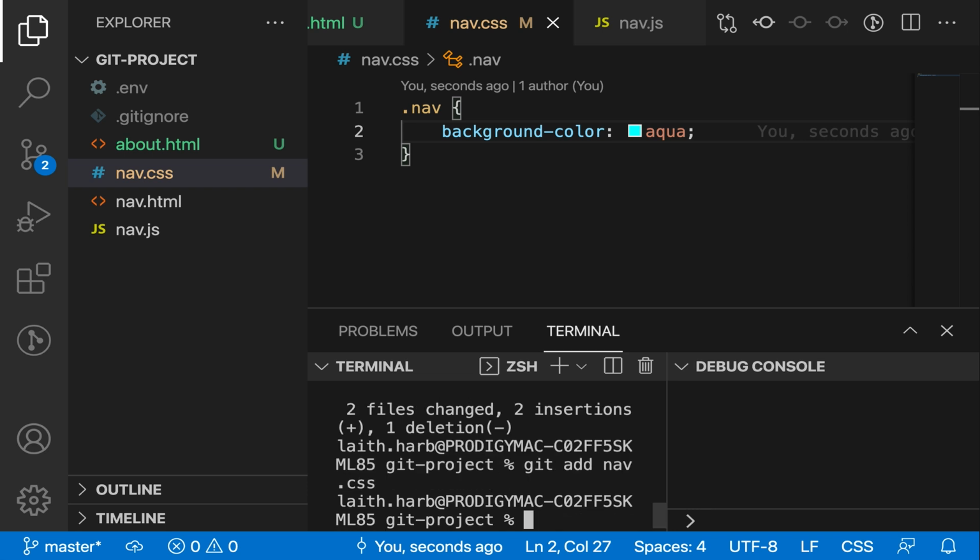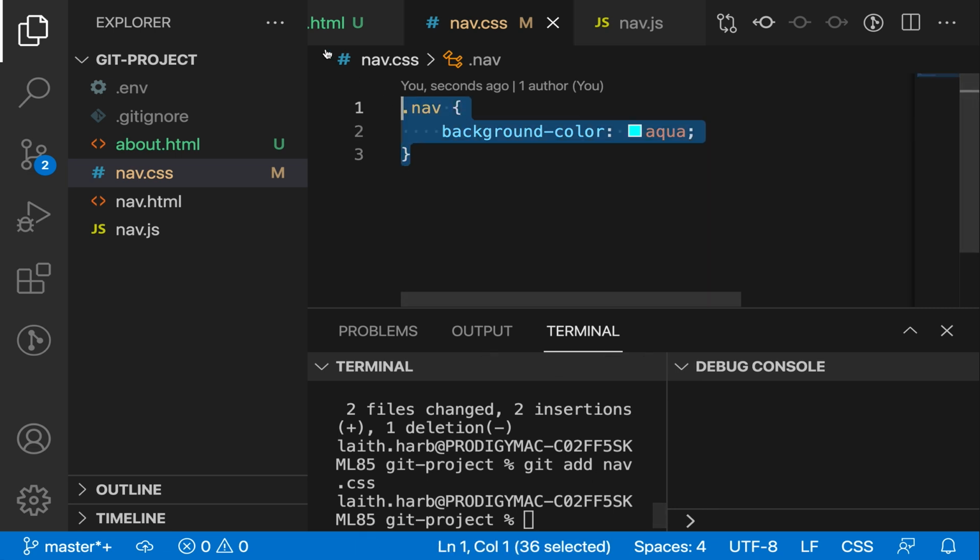So we would go ahead and add nav.css and we would commit that, and then we would commit about.html. Now also another thing I want to talk about in this section is naming commits. So it is actually a common convention and recommended by Git to always use present tense. And it seems a little bit counterintuitive because, okay, maybe if I wanted to commit this over here, let's just